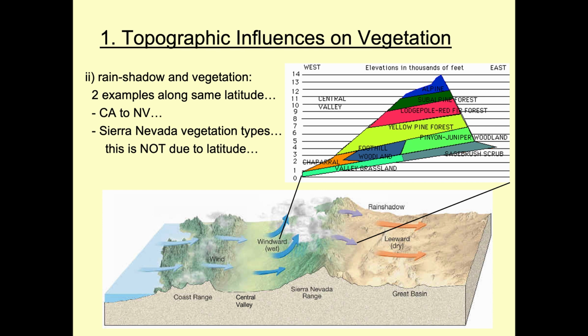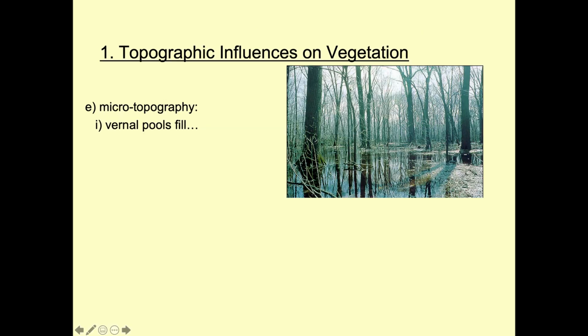And although this figure on the top right looks like those Alps examples I gave, this vertical zonation is not due to latitude. It is an influence of altitude and these processes that I've gone over. We've talked about these large scale topographic influences on vegetation, but there's also this microtopography that interacts with the vegetation